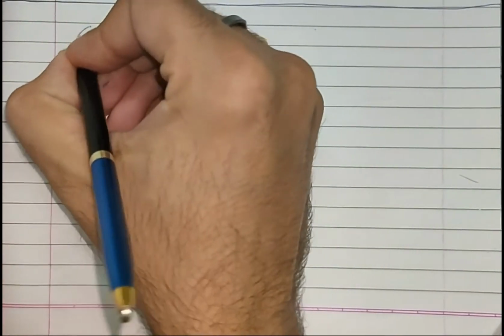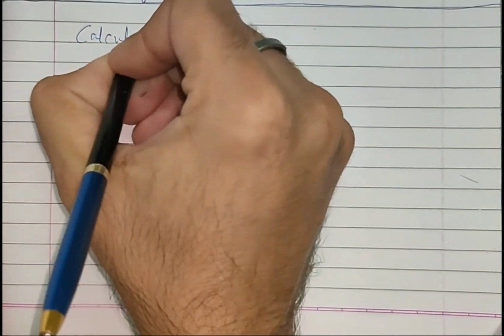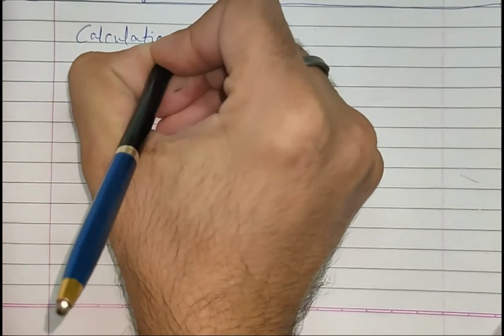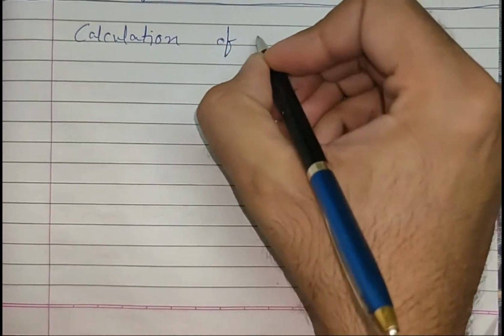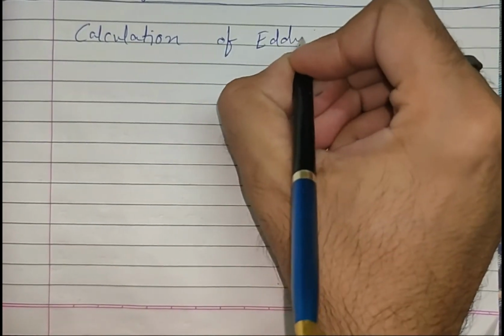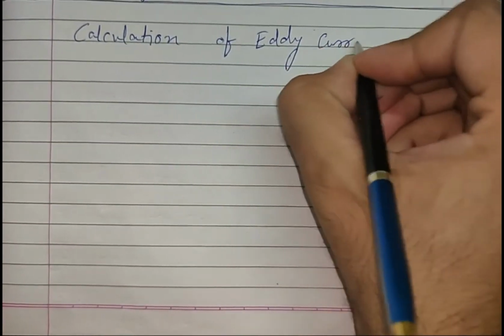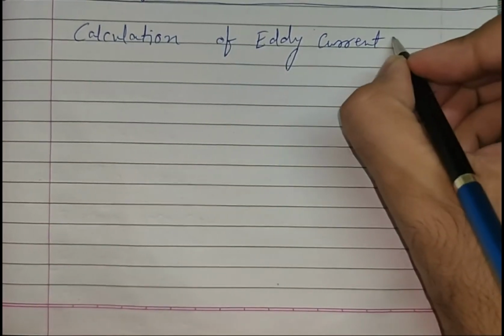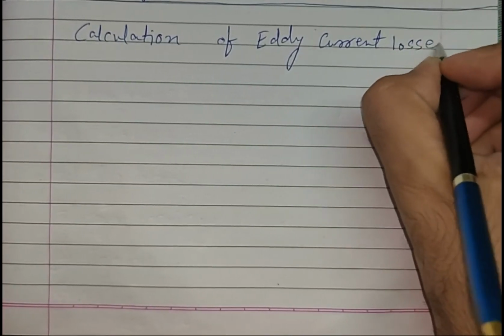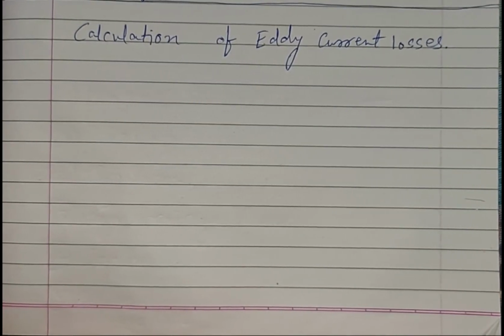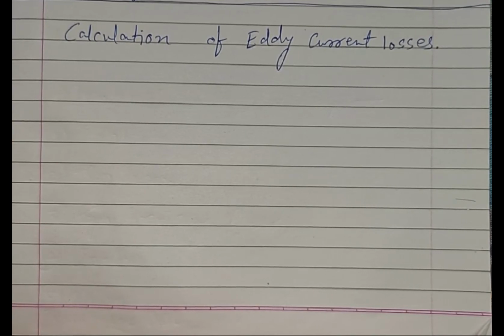So let's start with the calculation of eddy current losses. Now, eddy current losses in a conductor can be calculated from the design data of the stator slot. To find out the average loss factor,